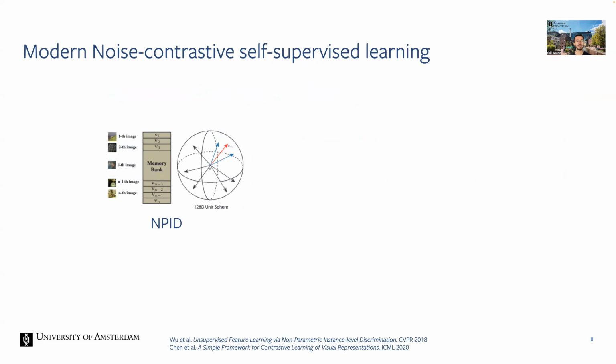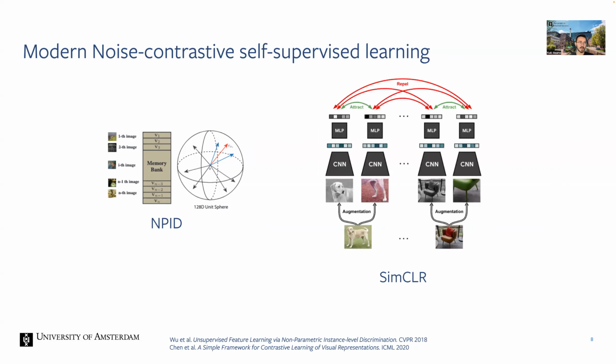Right, so modern noise contrastive self-supervised learning sort of became popular after this work, non-parametric instance discrimination. But even before that, there was a work called exemplar CNNs, which basically introduced this idea of treating every image as its own class. Now, SimCLR has the following figure where you basically take a single image and you augment it twice. So in this case, we're showing a batch with 2 different images, and each image is augmented twice. So overall, the batch contains, let's say, now 4 images.